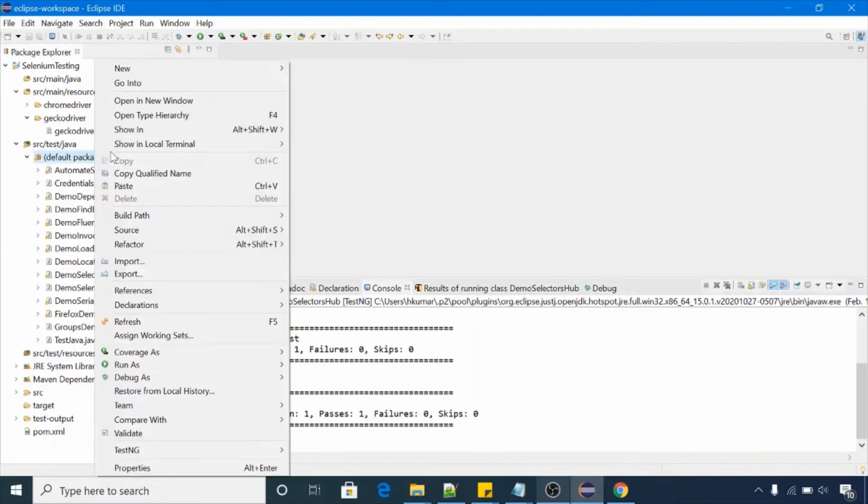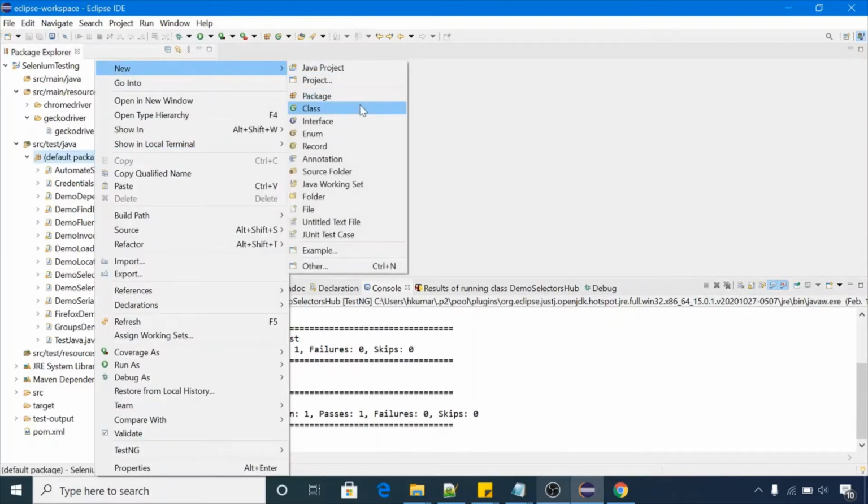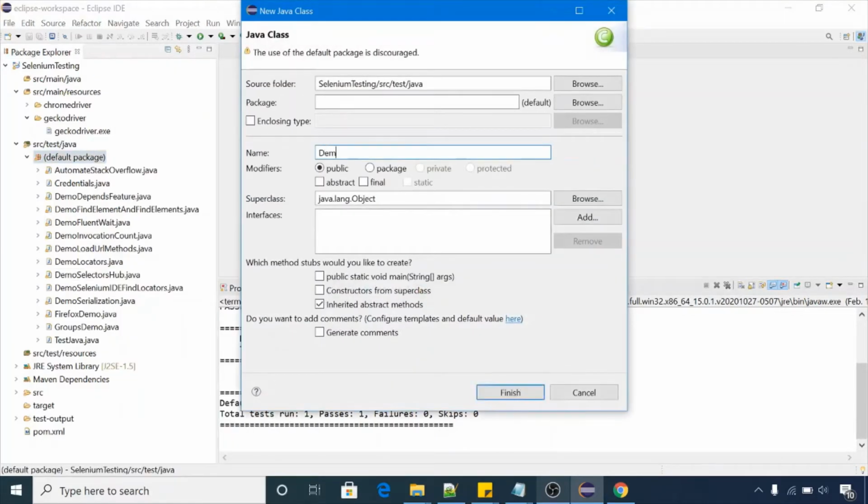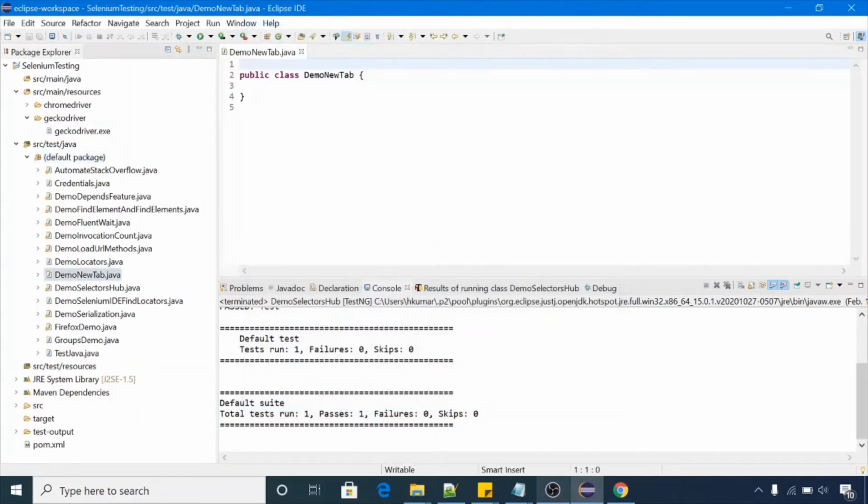I will create one new class here, named DemoNewTabFunctionality. So we will get one test case here.